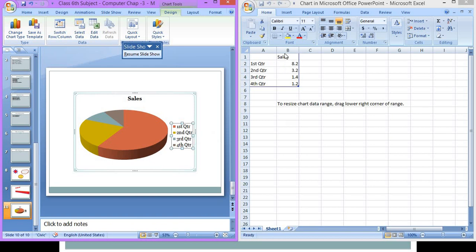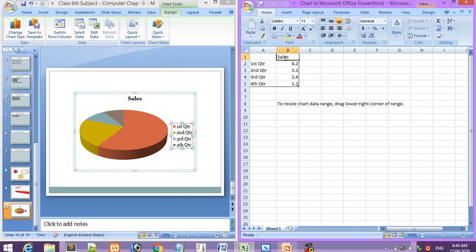So how can I change this? I want to change these cells. Instead of the cells I will give here percentage. It's okay, nothing changes. If you want to make a percentage chart, here you will give the name as percentage in this Excel sheet. After giving the name as percentage, you will be able to see the changes on this slide.